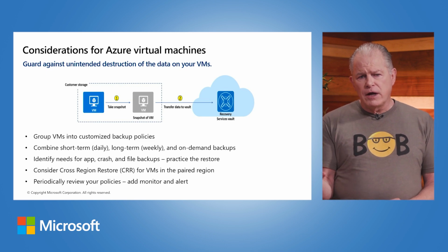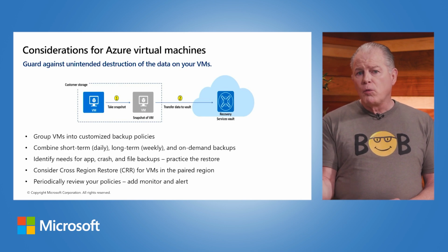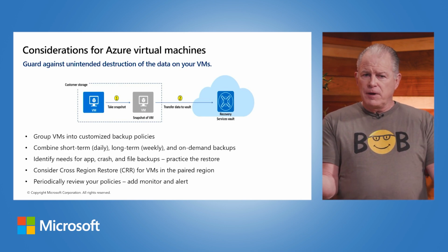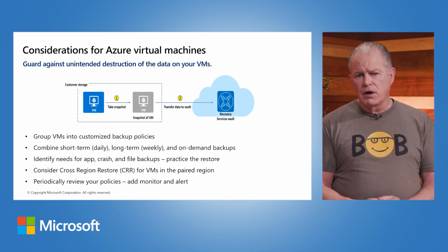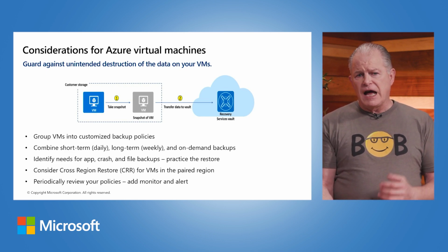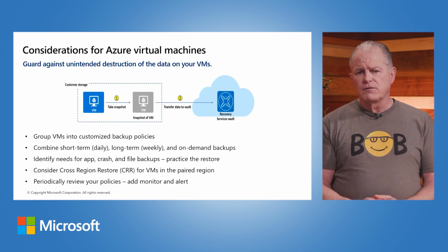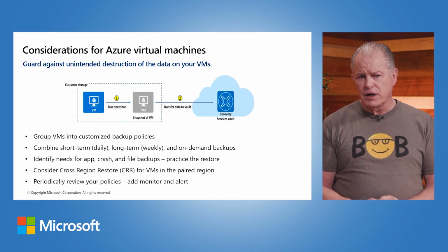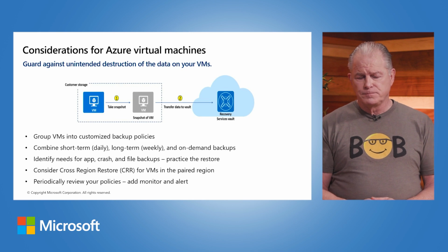But if I deploy a resource into US East, and I make it globally redundant, it's going to be then paired with US West. And so a cross-region restore says that if I were to lose the entire region of US East, I need to be able to restore that service into US West. And so all of these features are there available for you in consideration of your virtual machine backup recovery, in addition to the deployment of that service in possibly a multi-region environment.